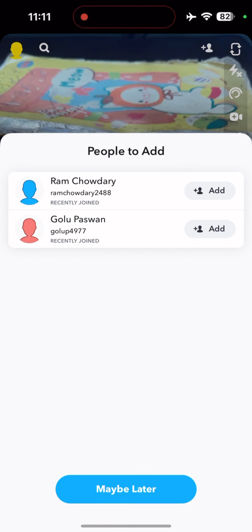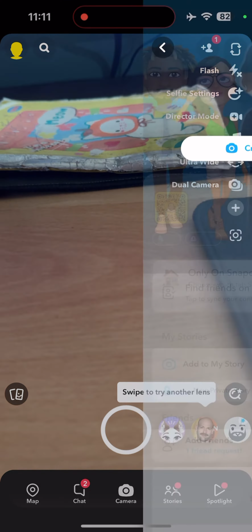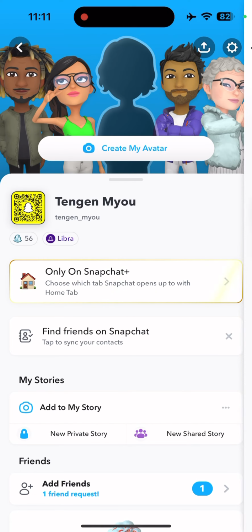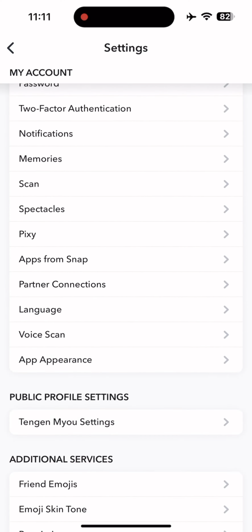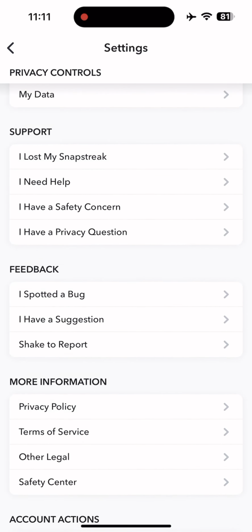How you're able to delete your Snapchat account? You can do it by just following me here. You can go to your profile, straight to your profile, then you go to settings, and then you can scroll down